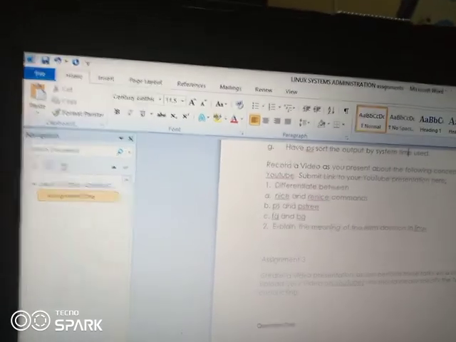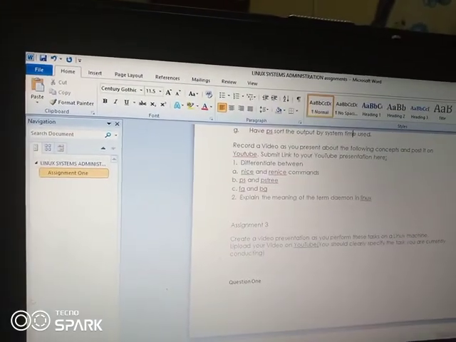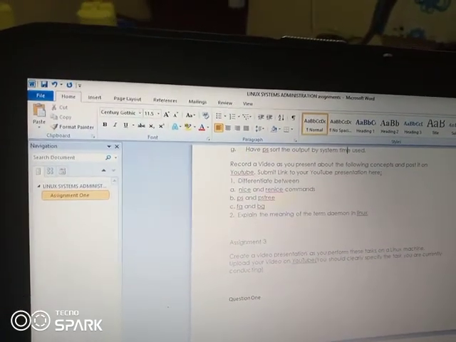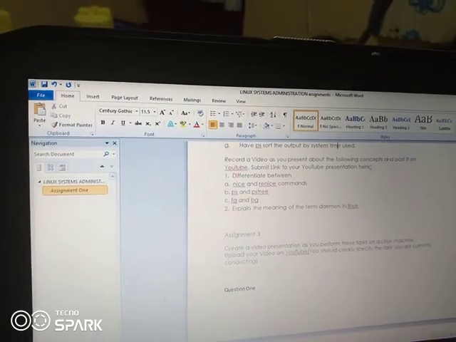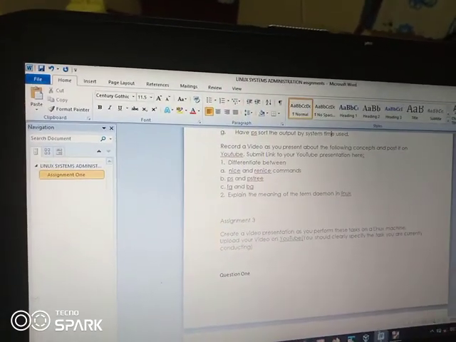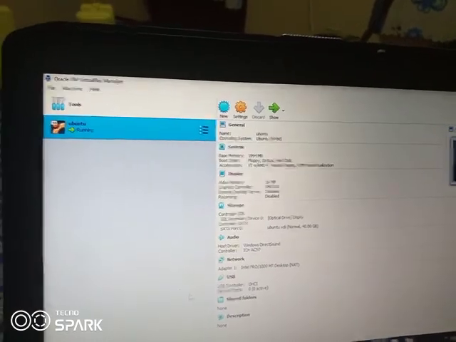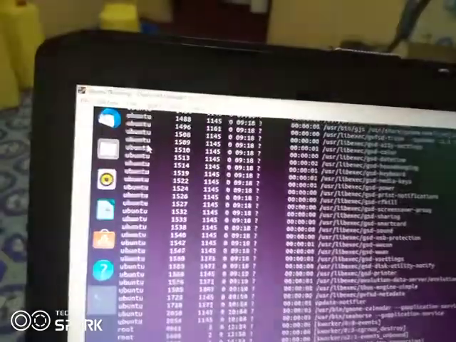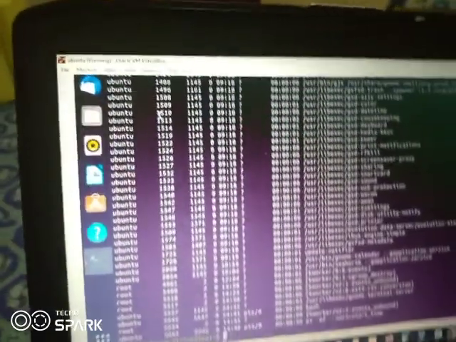The first concept, differentiate between nice and renice commands. Now when we go to differentiate nice and renice commands,